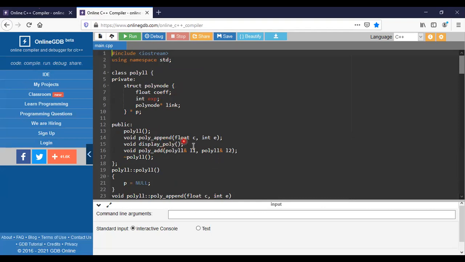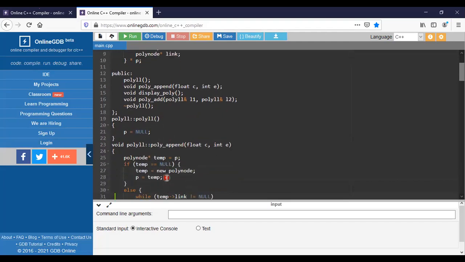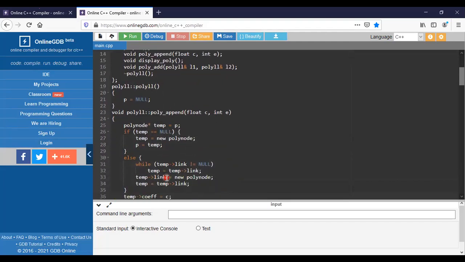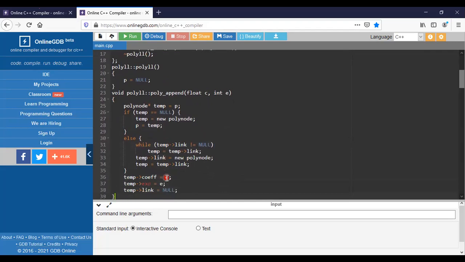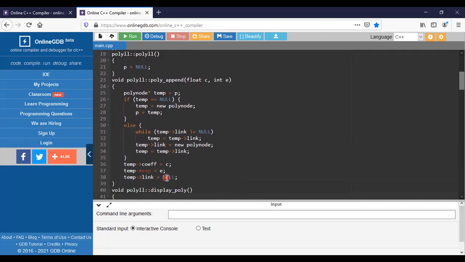First we will see whether it is appended or not. After that, we need to add the polynomial. Okay, and we are calling the destructor itself after performing the action. So initially the polynomial will be null, and we need to append the nodes. Nodes here means we need to add these poly nodes to the linked list. Likewise in stacks and queues, like that only we are adding the values.